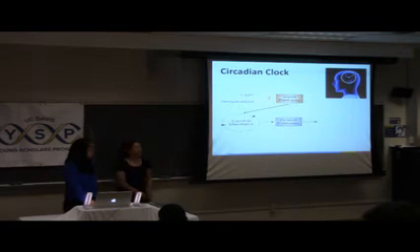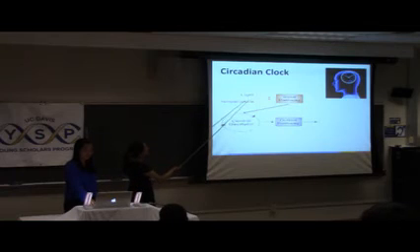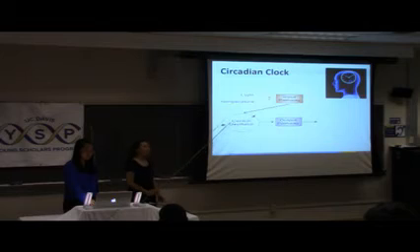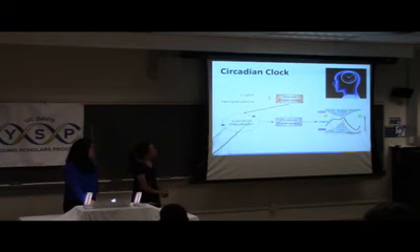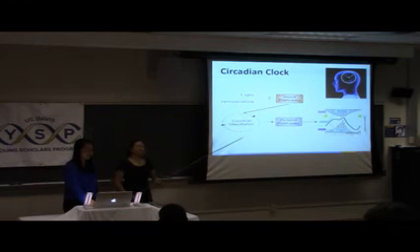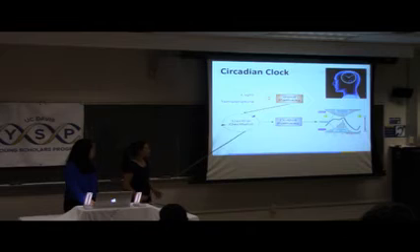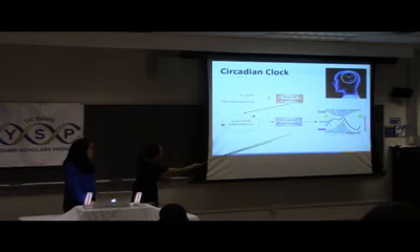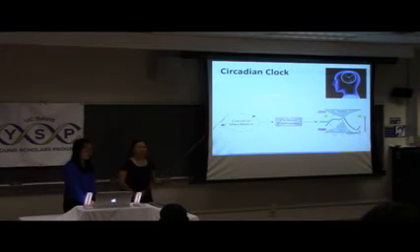So the circadian clock uses the inputs, such as light and temperature, to adjust or synchronize the central oscillator, or the internal biological clock, to match the external time of the day, producing rhythmic outputs such as sleep-wake cycles and knowing when to be awake and knowing when to be asleep. One of the main characteristics of the circadian clock is that it can continue producing these rhythmic outputs even in the absence of the inputs, just like in jet lag.